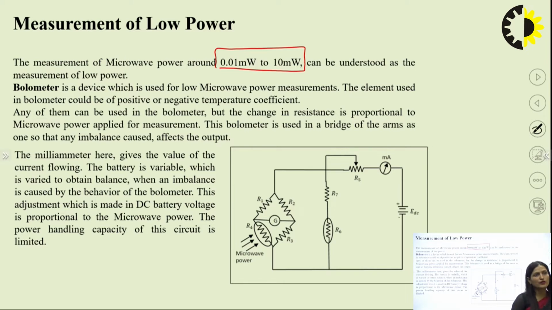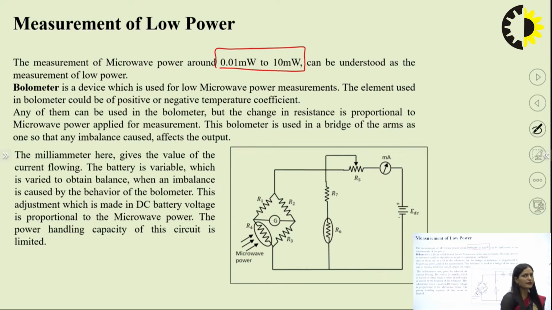The element used in a bolometer could be of positive or negative temperature coefficient, right? So if we are using the negative temperature coefficient, it means if temperature increases, resistance is going to decrease, right, in this way. Any type of temperature coefficient can be used in the bolometer,